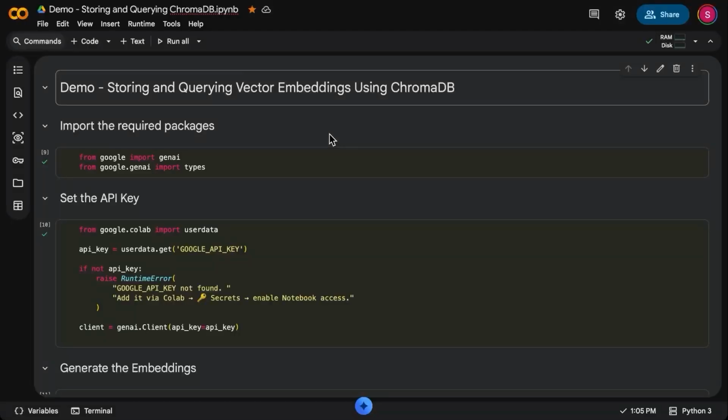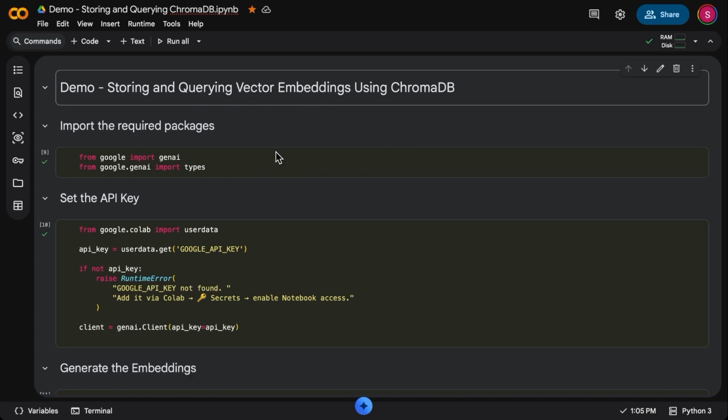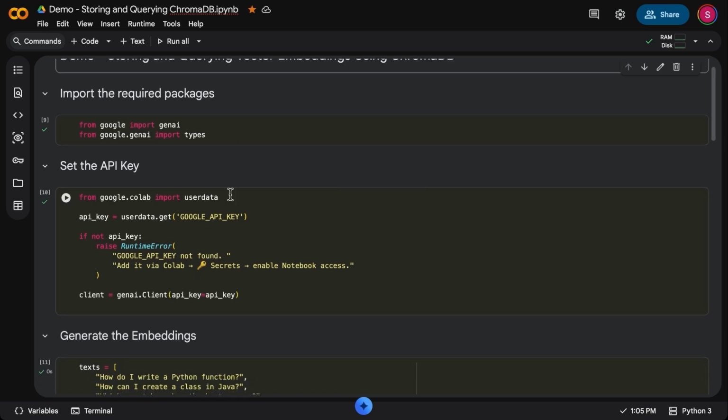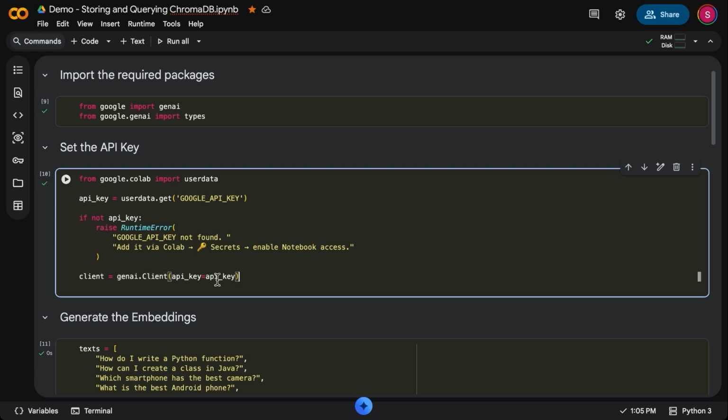Okay, so it's time for a live demo. In this demo, we will be storing and querying vector embeddings using Chroma DB. So the first step here is to import the required packages. We need the GenAI package from Google for creating the GenAI client, and all we need here is to pass the API key, which I have in my secrets